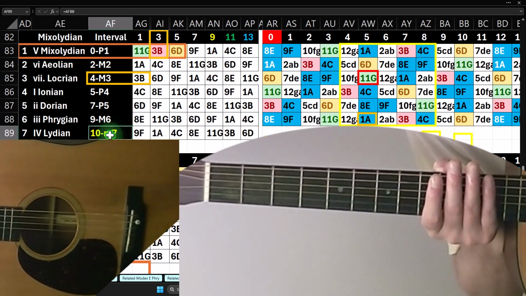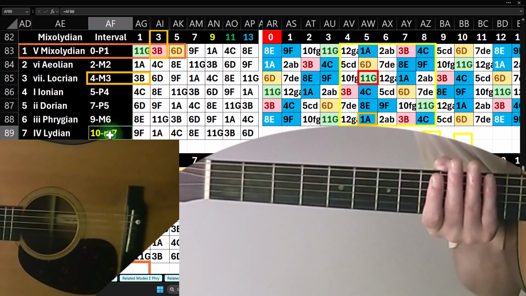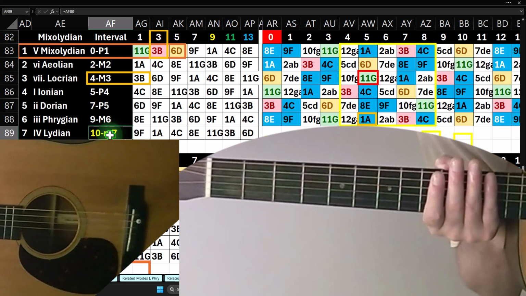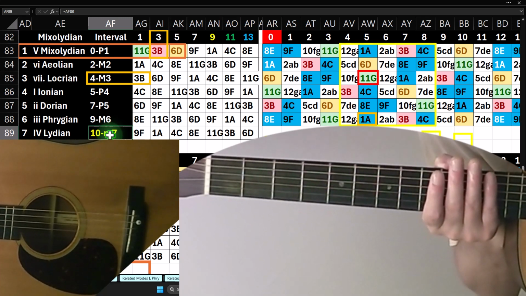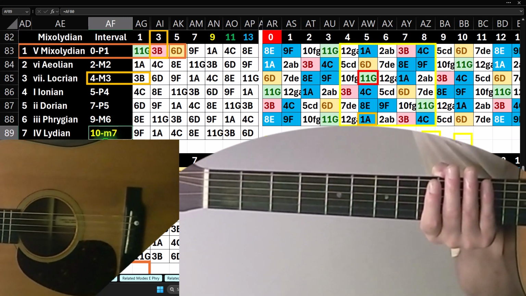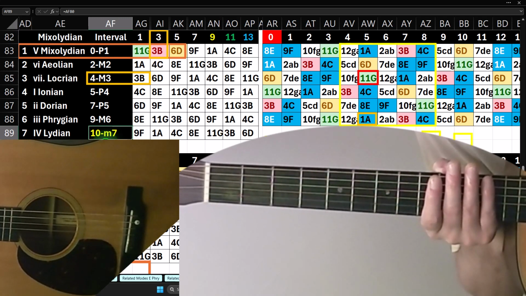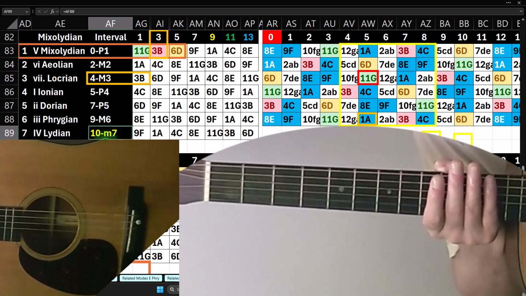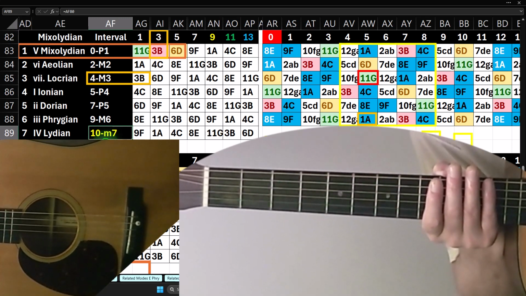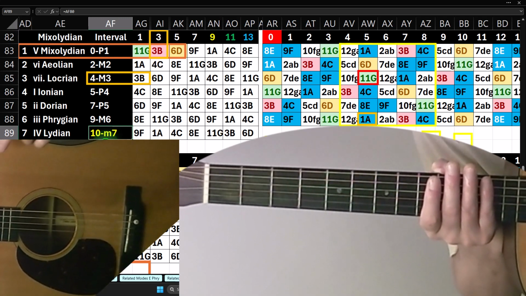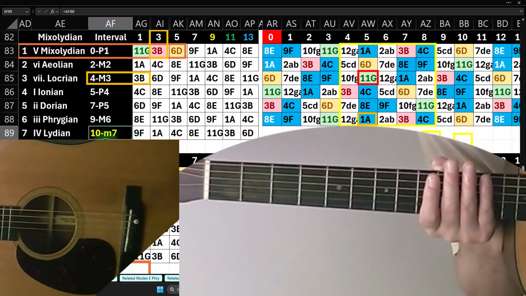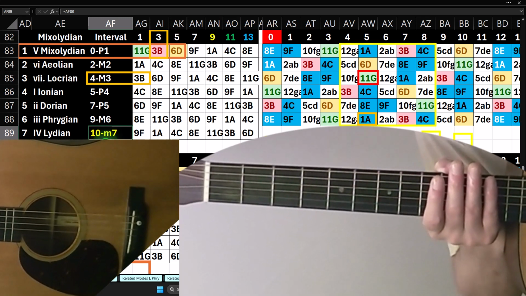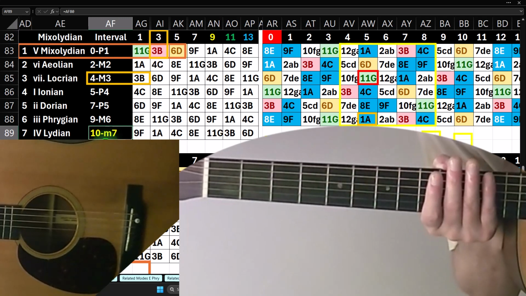Now, of course, when you go from the 1 to the 4 to the 5, there's the question of are you gonna play the dominant 7 or the major 7, and so on and so forth. So I'm not going to get into all of that now, but that's going to be the general idea. So this is a very popular kind of mode, even though people might not actually say all the time that they're playing in Mixolydian mode, because they're going to say I'm playing in some kind of major blues,